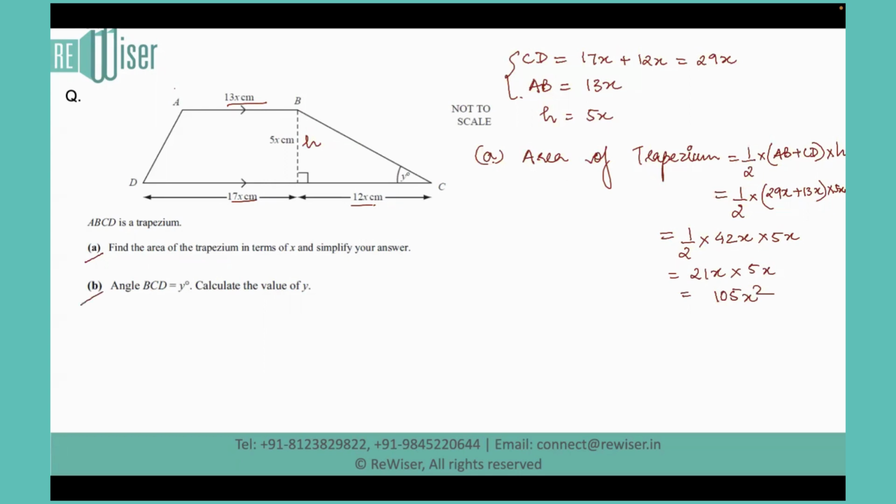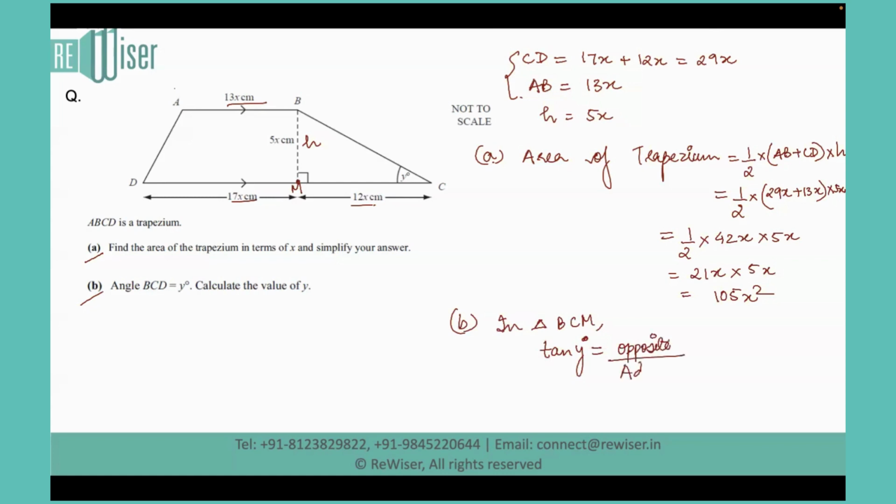Moving on to part B of this question, we see that we need to find the angle y degree. This angle is the angle BCD. We need a right angle triangle here, which we already have. If I assume this to be point M, I can say that in triangle BCM, tan of y degree is equivalent to the ratio of opposite side